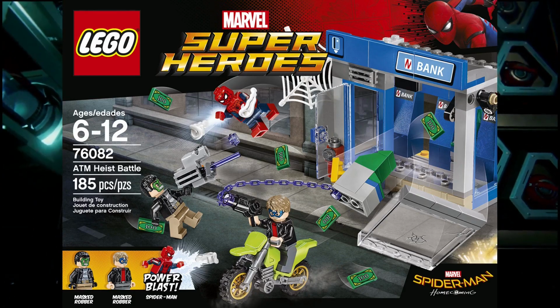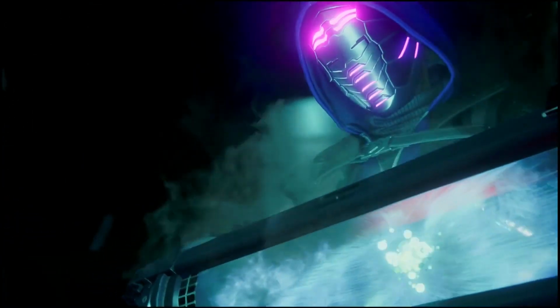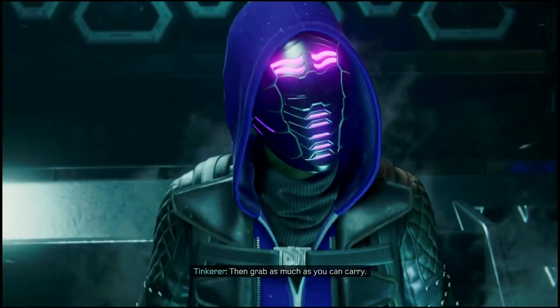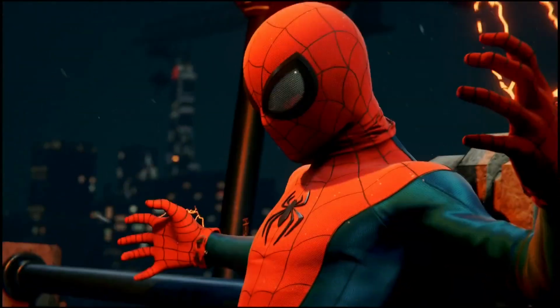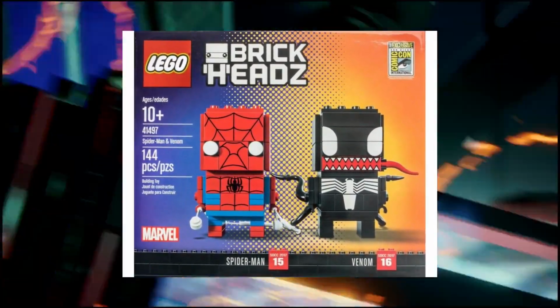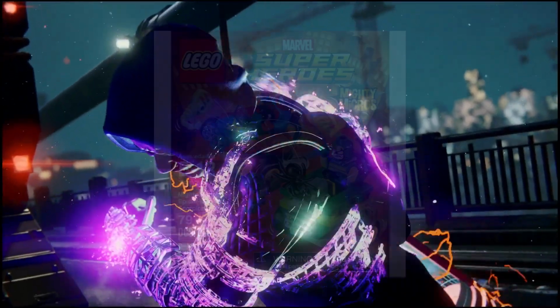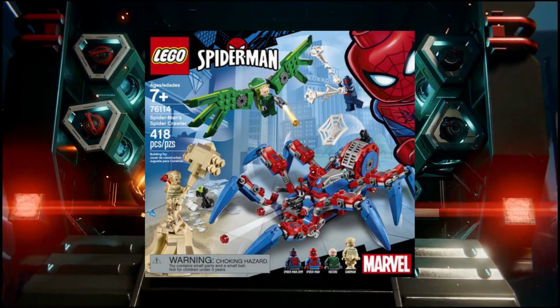It's the ATM heist battle, which I actually dislike because it only includes 2 of the 4 robbers of that scene in the set. And we had the Beware the Vulture set, which I do like because it has both the Vulture and Shocker in there, and Iron Man for some reason. For the Brickhead sub-team, there was also a Spider-Man and Venom version, and for the Mighty Micros line, there was a Spider-Man vs Scorpion. In 2018, we had 6 sets: the Spider-Man Bike Rescue, Spider-Man Spider Crawler, which is the